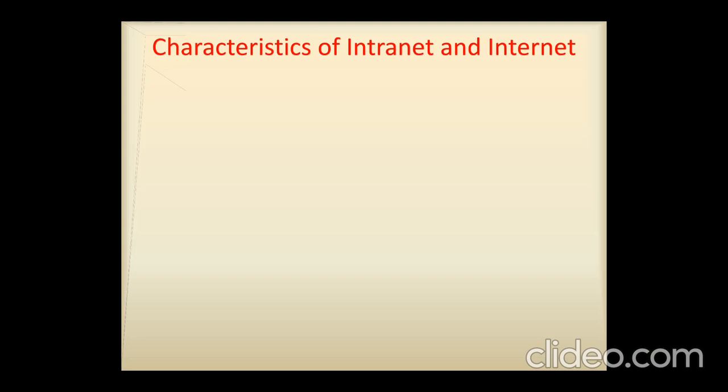An intranet has many of the same characteristics as the internet, but they still have some differences. So they differ depending upon the type of users, the type of tasks being performed, the type of information that is to be accessed, the amount of information being accessed, and also the hardware and software requirements as well as the design philosophy. So now let us look into all these characteristics that differ an intranet from the internet, one after the other. So the very first characteristic is its user.